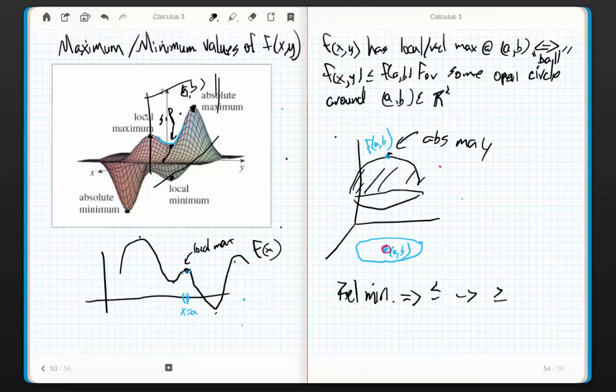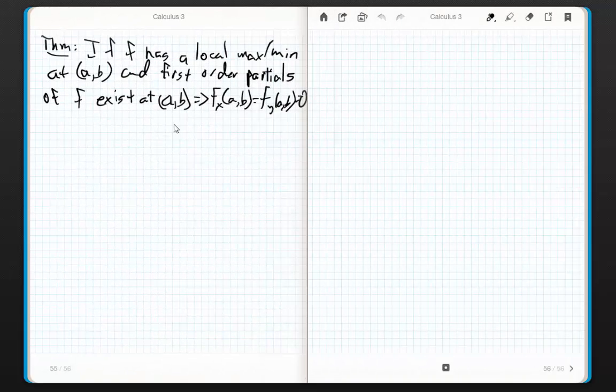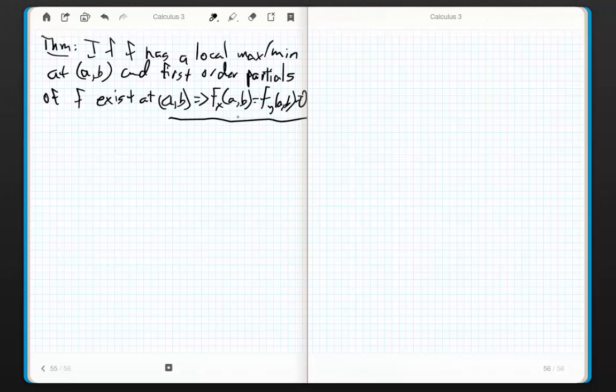Likewise, if I fix x equal a, then the derivative along the y, along that plane, had better be 0 as well. Kind of makes sense, because what it's basically doing is creating an image on a plane. So this can sort of be distilled down to, okay, if I've got